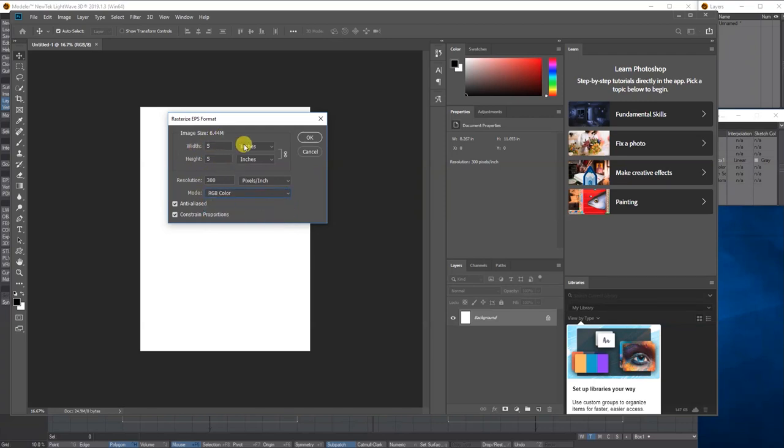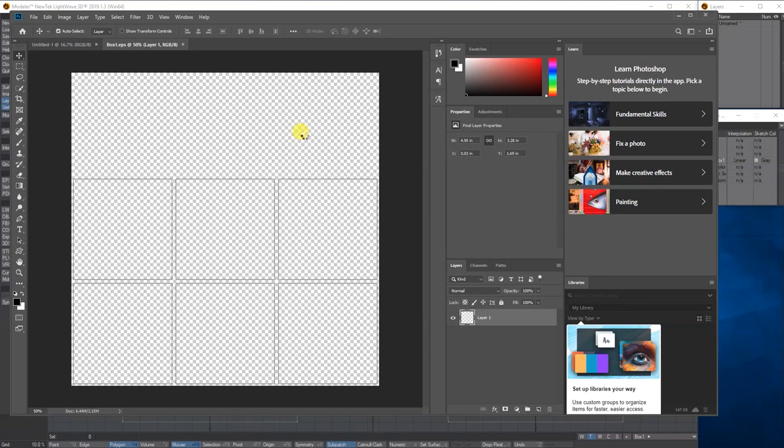For the size, pixels 50, we can double that if you want, that's fine. So I'm going to leave everything the same, but it's really important you change the mode to sRGB. We press OK and it brings this in, look. So here's each one of your panels or your polygons ready to put your textures inside of.